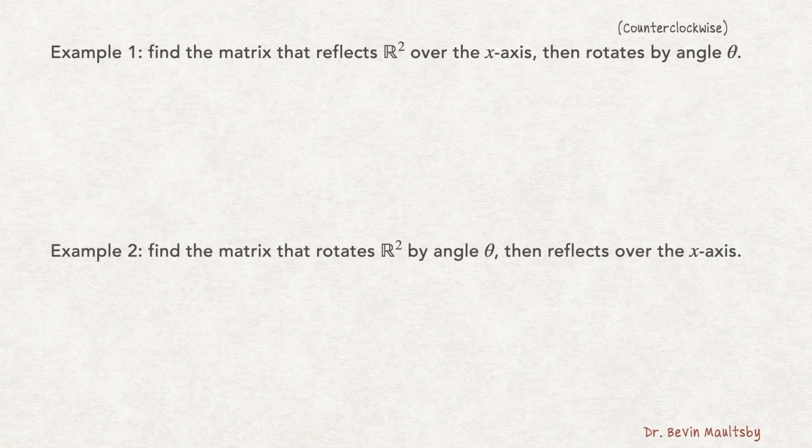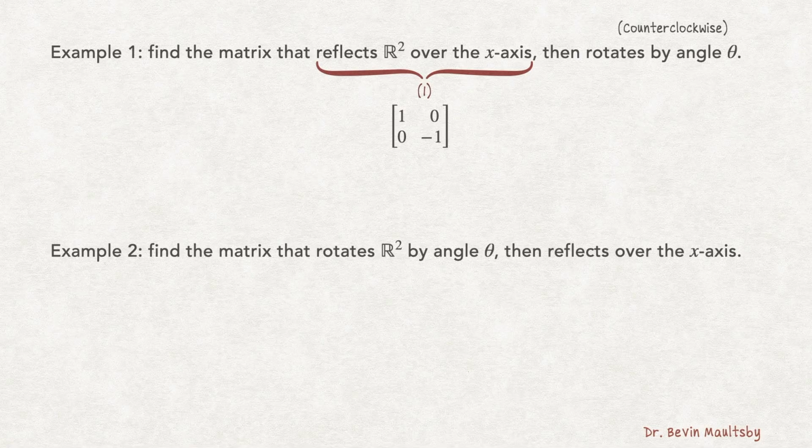I would like to find the matrix which reflects R2 over the x-axis and then rotates the result by some angle theta. Just a little note here, if I say plane rotation without further precision, I mean in the traditional counterclockwise direction. So in this example, we are going to apply multiple linear transformations one after the other. The first linear transformation that we want to consider is the act of reflecting the xy plane over the x-axis. In an earlier video, we were able to write down the explicit matrix that would perform this action by thinking about how it would have to act on the standard basis vectors. It fixes E1, but it flips E2,